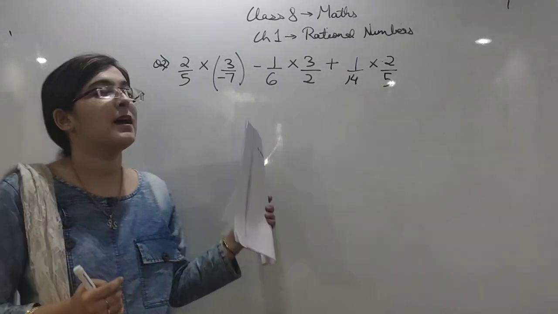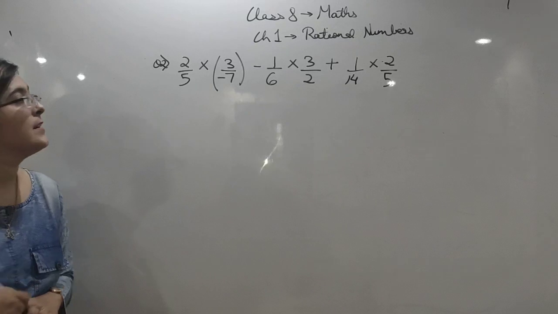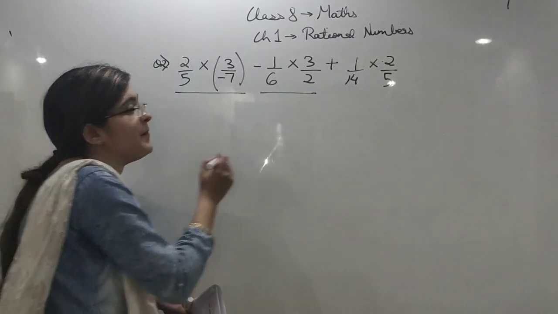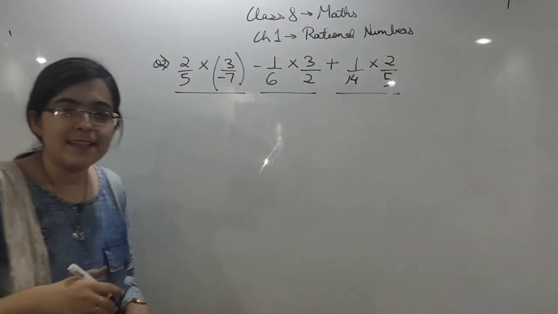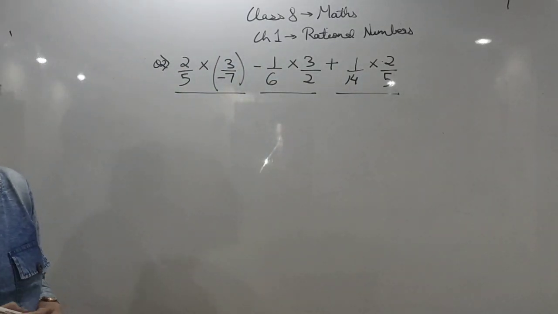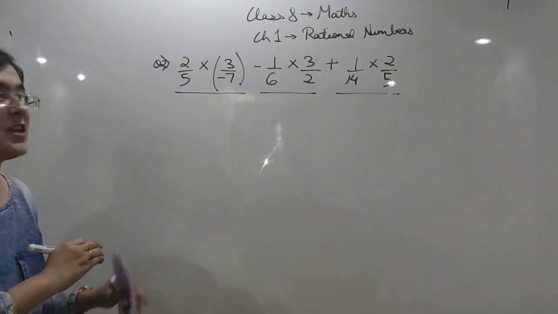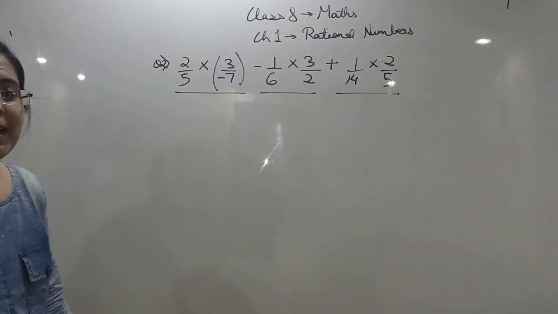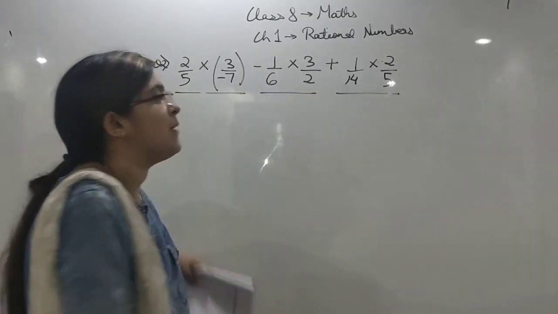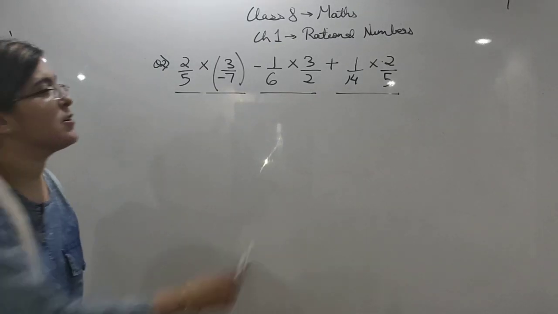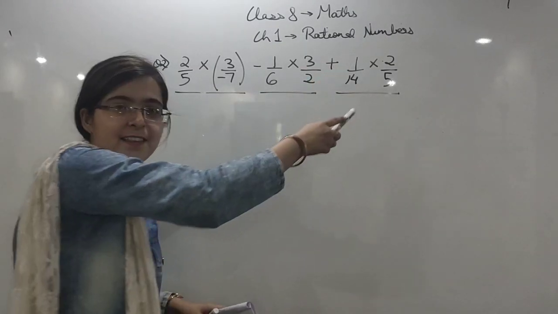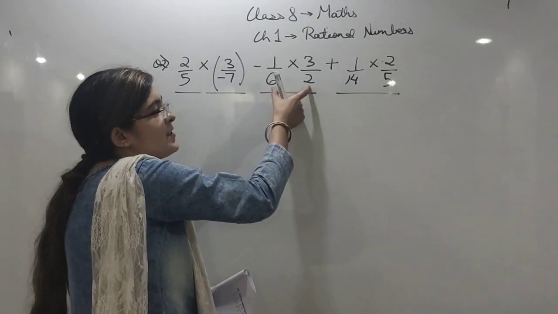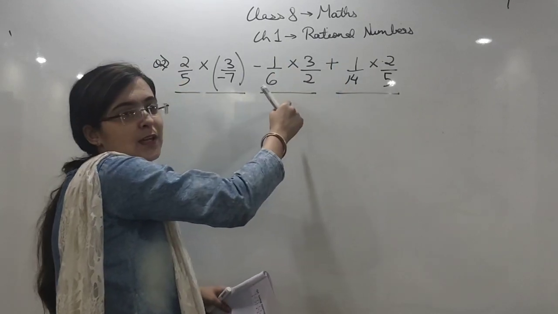Just tell me how many terms there are in this question. This is your first term. This is your second term. And this is your third term. Okay, so you have to follow the rules which I have told you in the first question and solve it on your own. First check for anything common in them. Again in the first and third term 2 by 5 is common. So you will shift this term here and this here, as we did in question 1. Clear? And here you can cut because this is a multiplication. 3 ones are 3, 3 twos are 6.